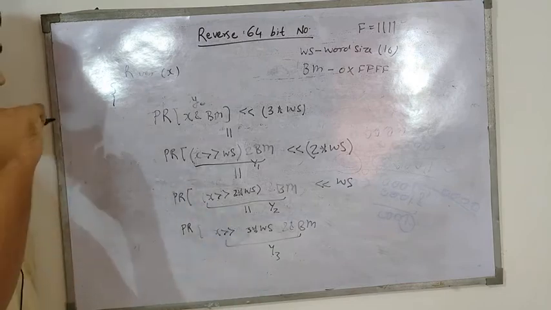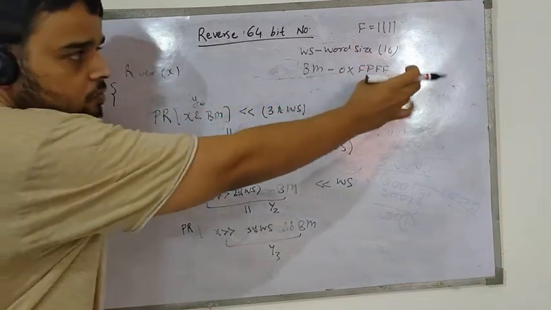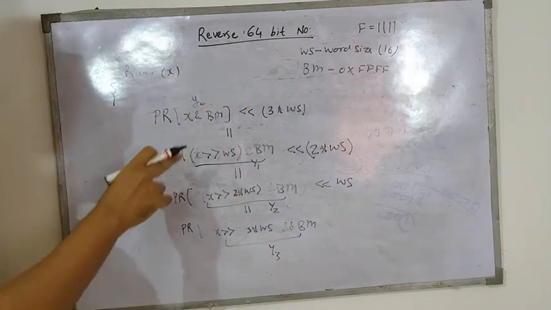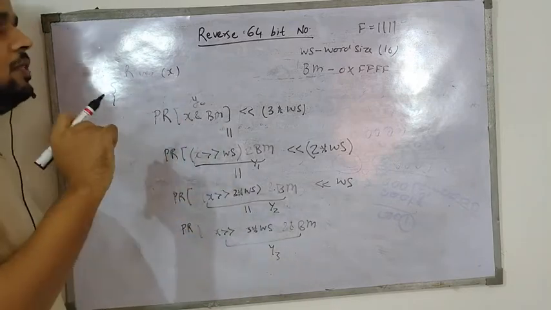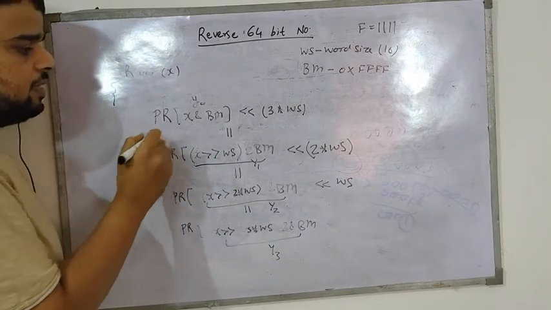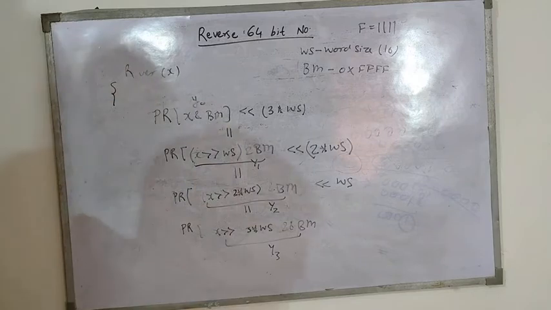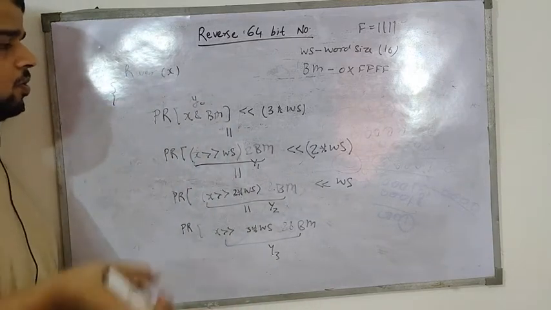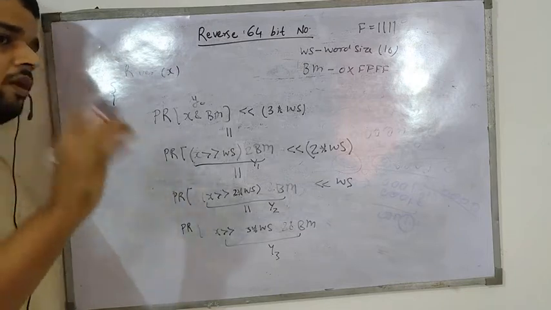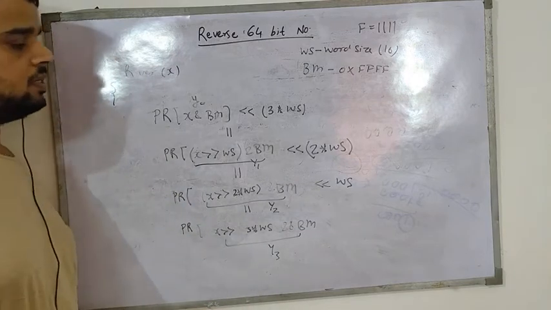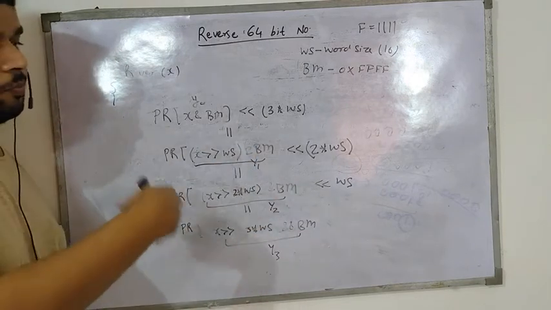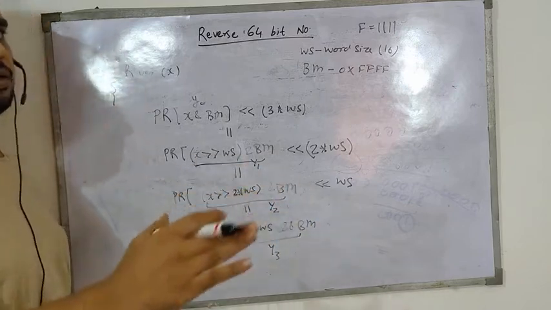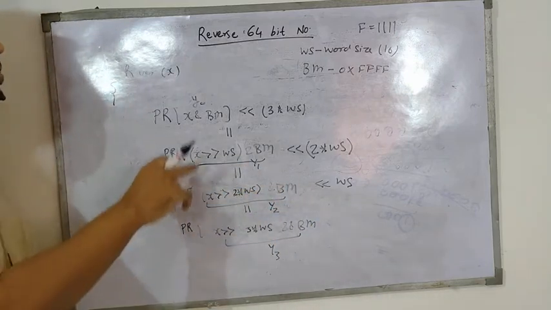Bit mask size is 16 bit. Okay, so this is 16.1. So now what I'm trying to do is, PR is a cache which is already storing the reverse of all the 16 bit numbers, and this is the program for shifting the reversal into their actual position. So this is my y0.